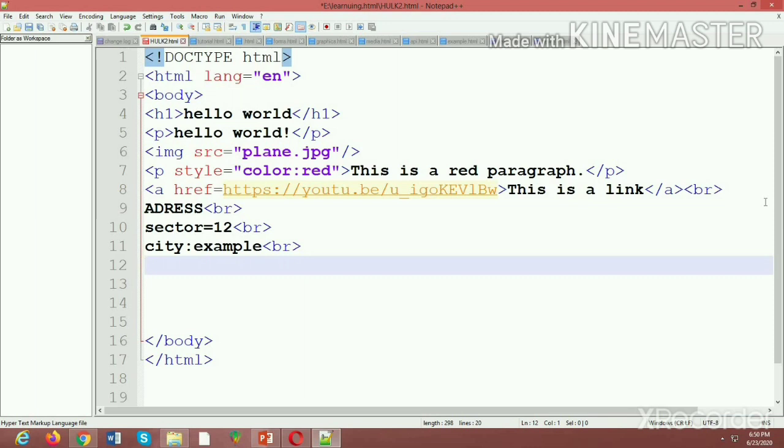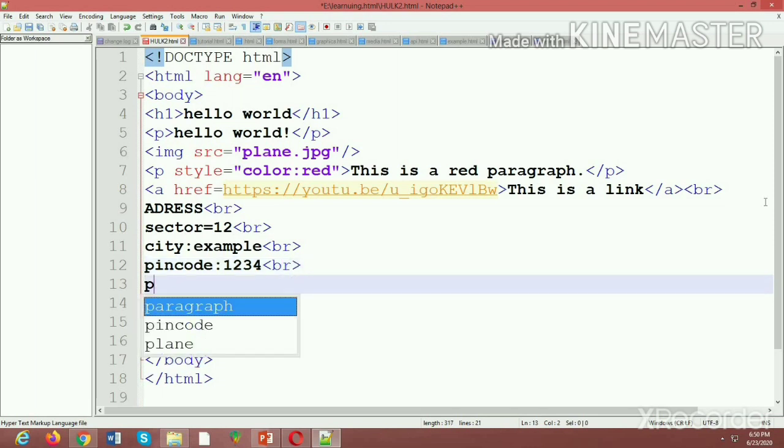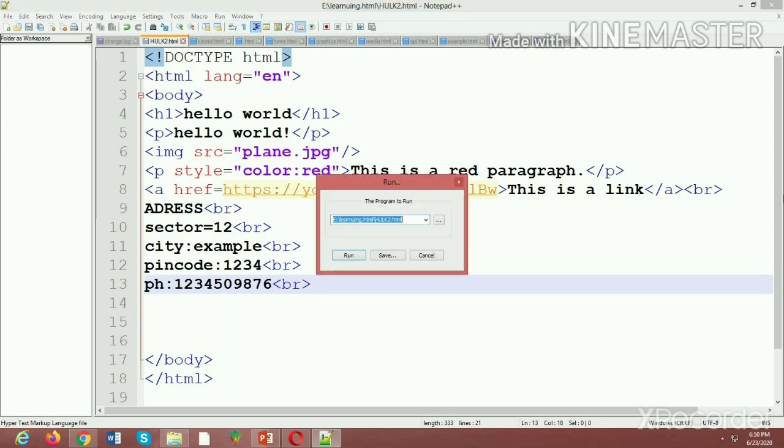Now the pin code, I'll add the pin code 1234, br tag. Now I'll add the phone number also, 12345, then 09876, br tag. Done. Now I'll run it for you.